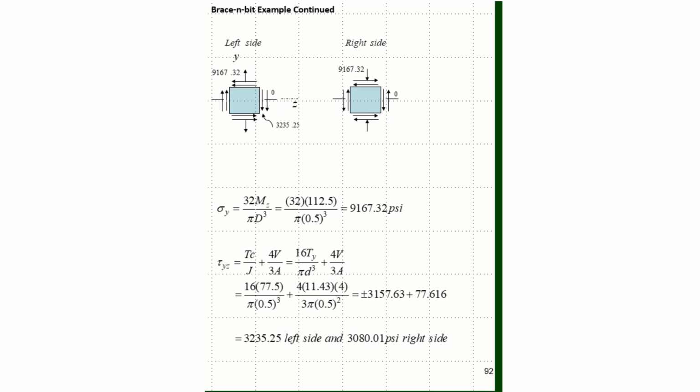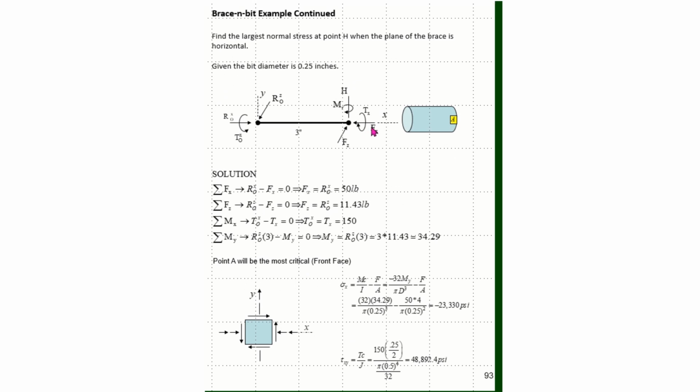One more part of this example problem is shown here, where I have taken and made a cut at point H, and we have these reactions at the wall. So here are my wall reactions. This is the end of the chuck, and these are the reaction torques and forces and moments that occur at the chuck. And I can determine values for those from these expressions here, and then I can come and apply these forces, moments, and torques to an element A, and these are the